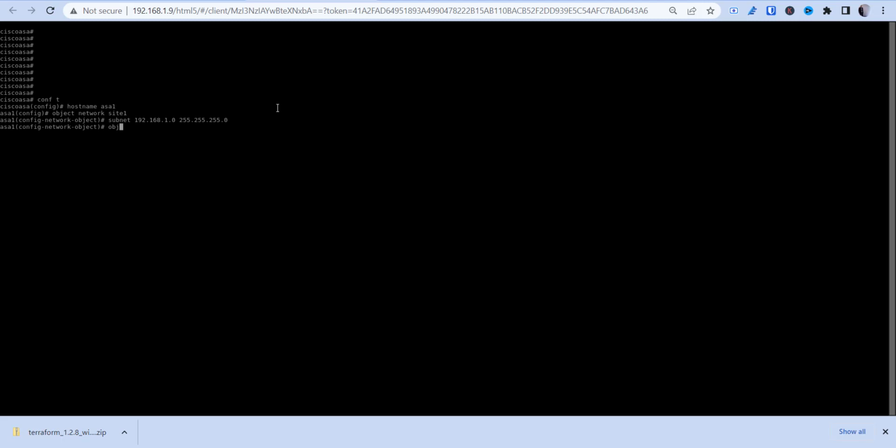And then we're going to do object network, and I'm going to call that site 4. That's basically the other side of the network there. We're going to go subnet 192.168.4.0. So we got our two